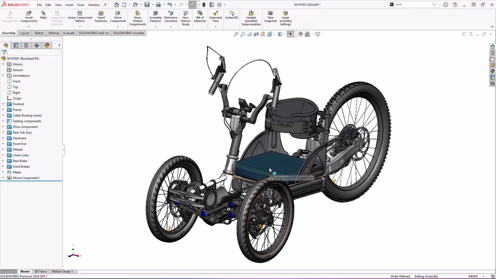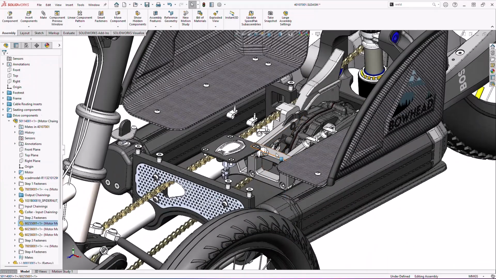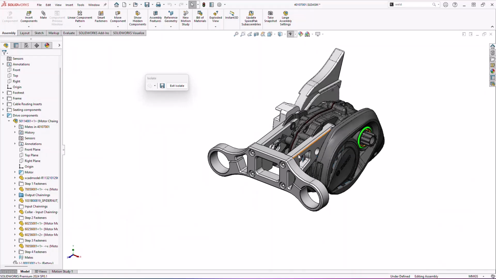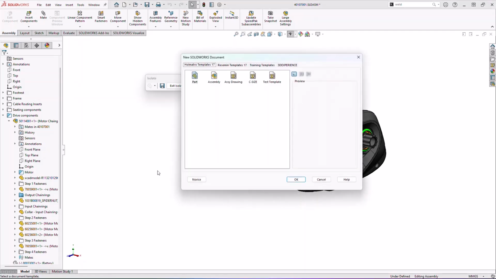In this video, we're focusing on sketch tips, so keep watching for 30 sketch tips every SOLIDWORKS user should know. To give you some context, we'll look at recreating the geometry for this support of the motor frame on the Bowhead Adventure e-bike. So to get started, we'll need a new part, so let's use Ctrl-N to open up